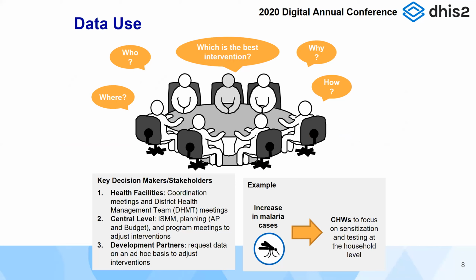When they discuss, it's always chaired by the head of the hospital. Remember that the hospital has the catchment area of the health centers. So they discuss and try to come up with interventions, but all interventions are based on the data. They present directly from DHIS2, then take actions based on what the data says from their catchment area. I always give the example of an increase in malaria that we had in a specific period of time. Then there was an intervention where the government said people from this category have to be subsidized, and the community workers also have to consider adult treatment. But all of that came from DHIS2.